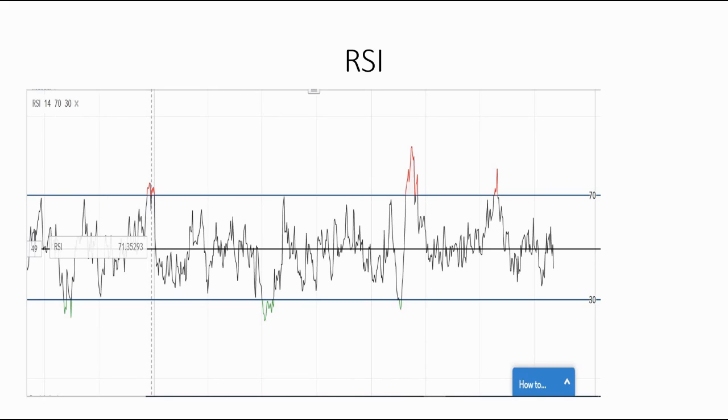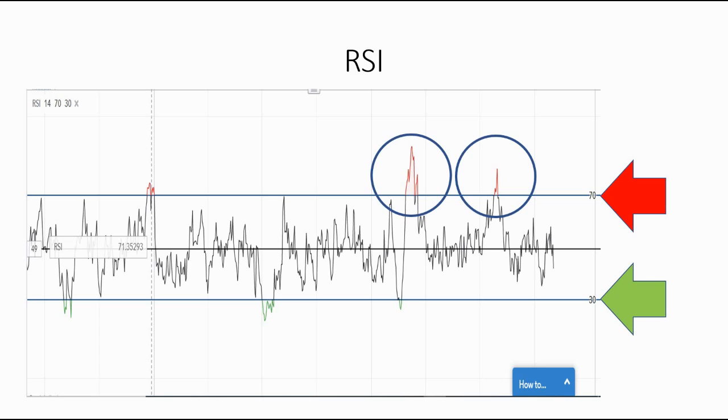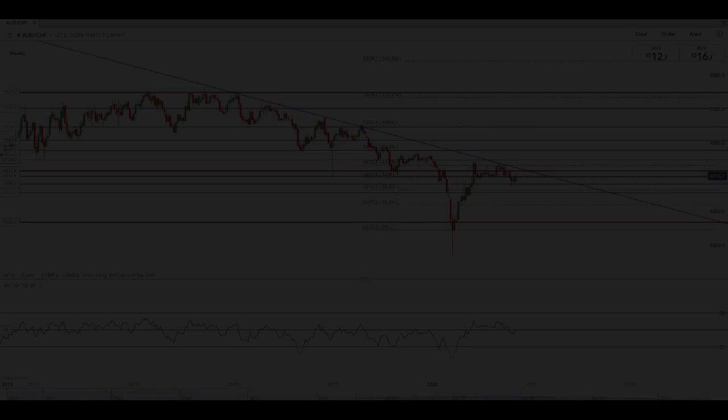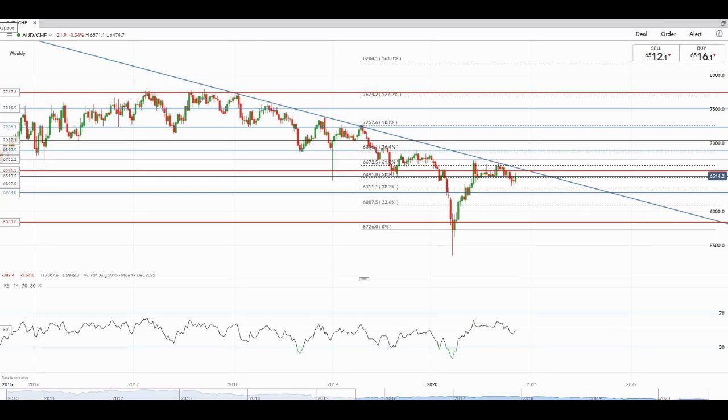The overbought level is set at 70% and the oversold level is set at 30%. If the RSI line goes above the 70% level, it is considered overbought and becomes red, and over the 30% level, it is considered oversold and becomes green. Traders will then often wait for the line to head back across the 30% or 70% lines as confirmation to then enter the trade. However, a lot of the time in a trending market, the RSI line will not reach